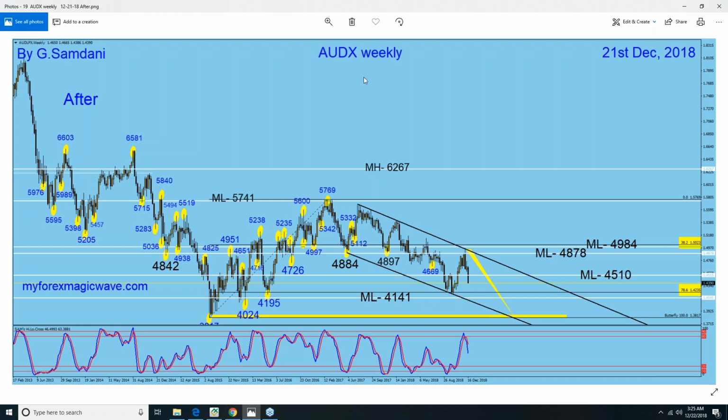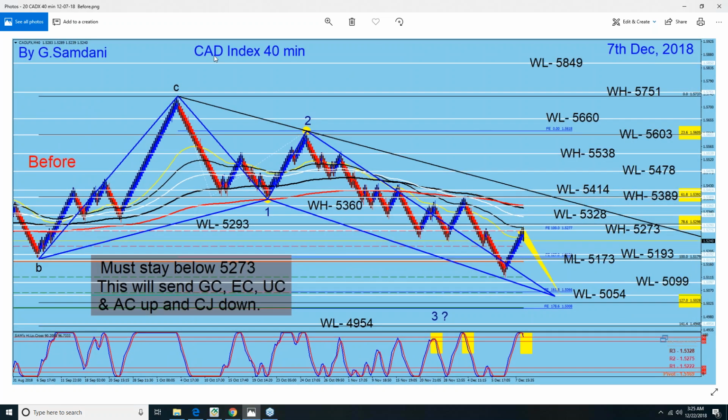This is the Aussie index. What about the CAD index? All I was doing was USD CAD long, Euro CAD long, or CAD yen short. Why? Because I made this chart of the CAD index. This is a 40-minute chart, December 7th. This is a harmonic pattern. This is an Elliott wave count, and from here we're going to go down here. Target is 50.54, and I even wrote the reason. What will happen is it must stabilize, and this will send